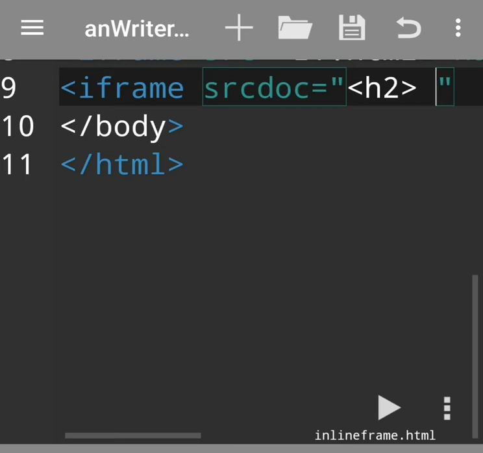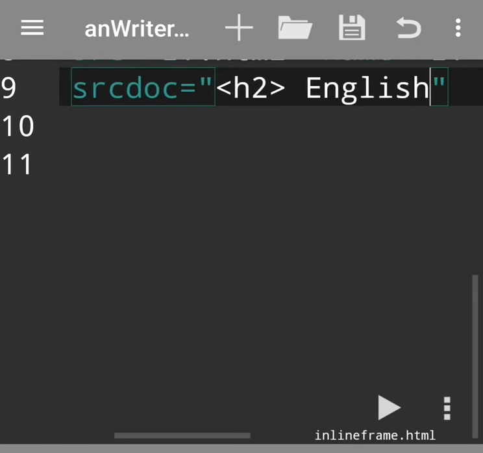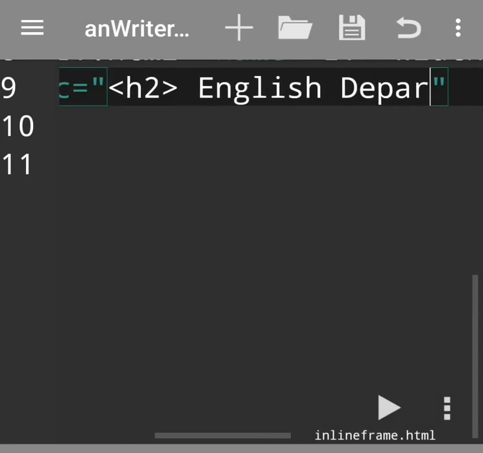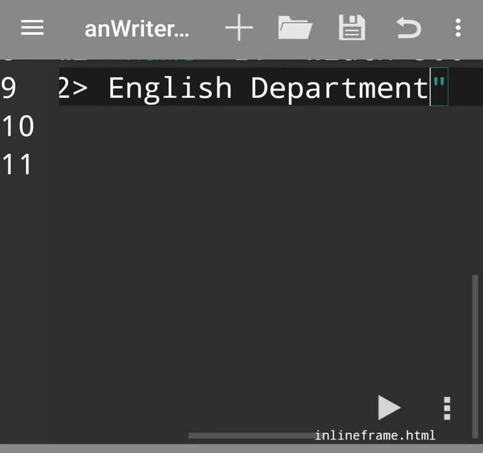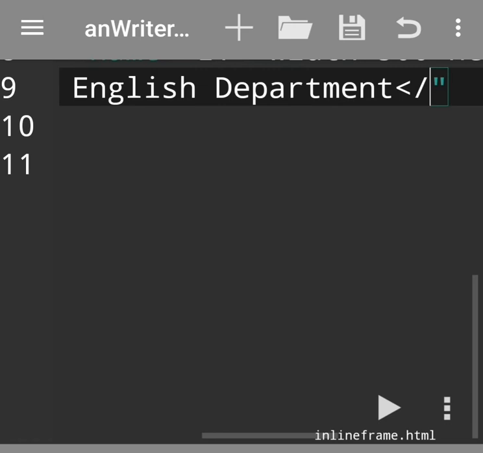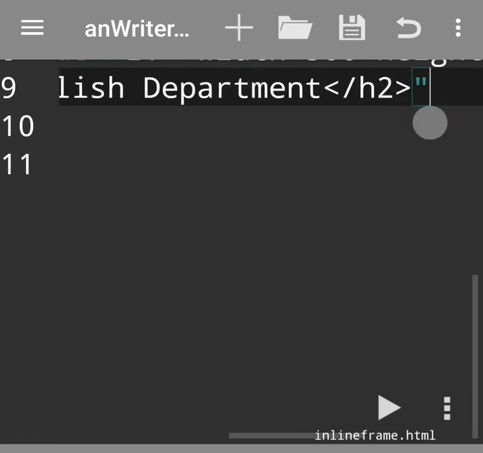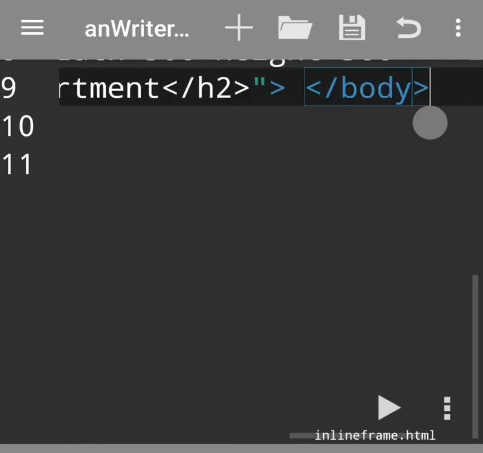Inside I write one sentence, English department, then close h2 tag, close double quotes, close angular bracket, then close iframe tag.